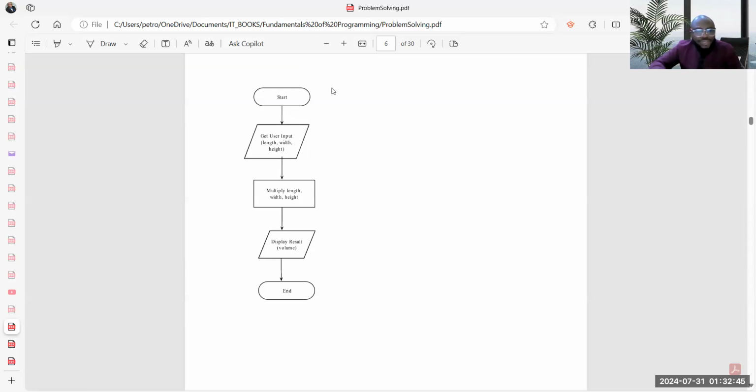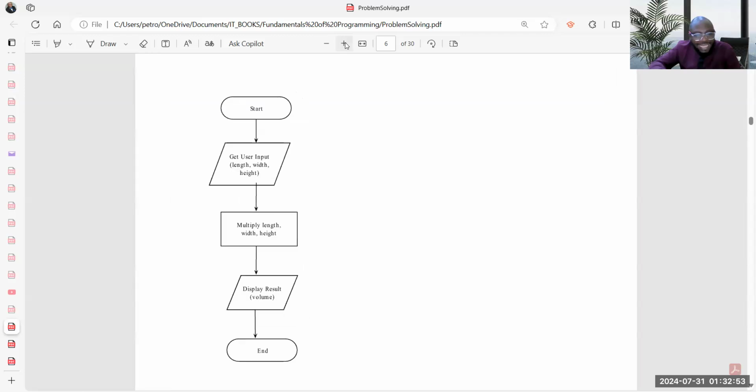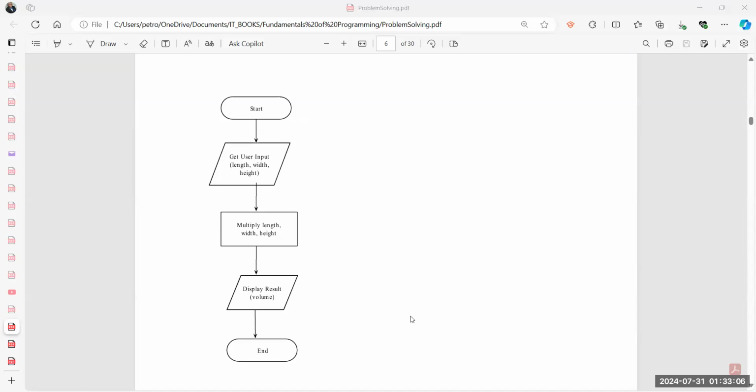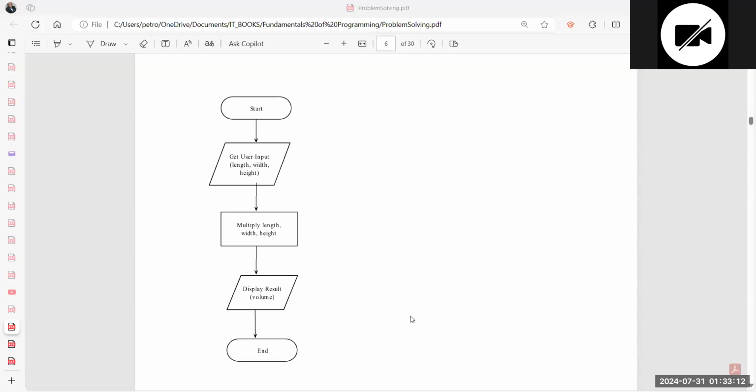You can see from this, when this program starts, it gets user input: get length, get width, then it multiplies length, width, and height, and it displays the result and it ends. This is a good example of a flowchart. Each of these symbols has what it does, and it must be used to represent exactly what it does.